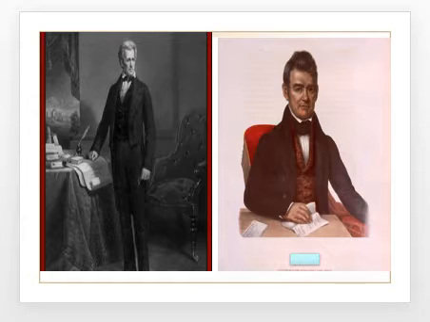Similarities: they're dressed the same, they have the same outfits on, they're both sitting at a desk, they both have paper and writing, which I believe implies intellectualism, a business-like manner. I believe it states some sort of authority. Now the figure on the left, does anybody know who that is? That is Andrew Jackson. The figure on the right, does anybody know who that is? That is the chief of the Cherokee Nation in the 1820s.